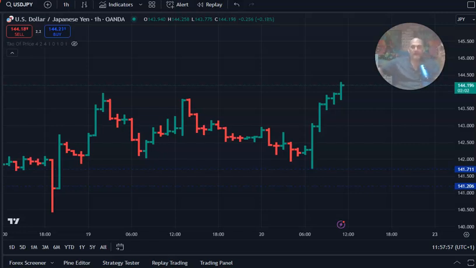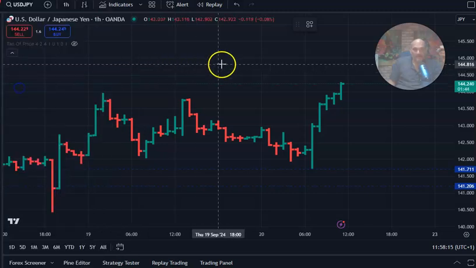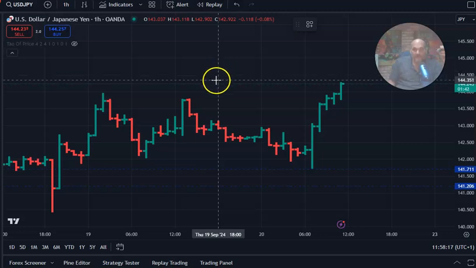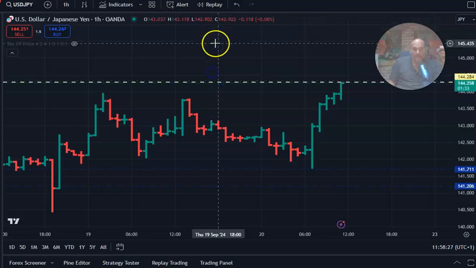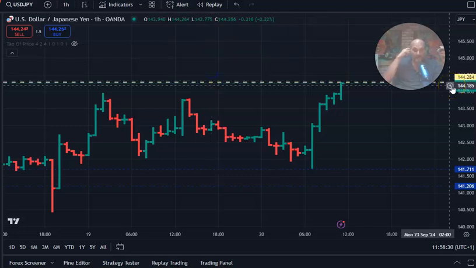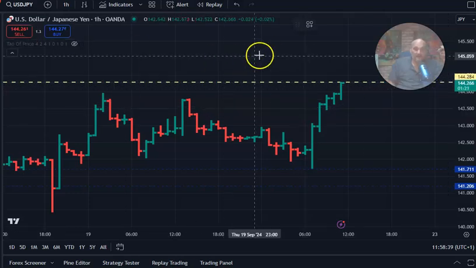Okay, what I'm seeing in dollar yen right now is we're trading around the 144.20 level. We have minor resistance at 144.27. Let me put that up with a line, because it's a minor resistance. Now, if it breaks through this, which it looks like it's going to do, the next level of resistance is 144.65. That one's a little bit stronger. Okay, that's a strong resistance.